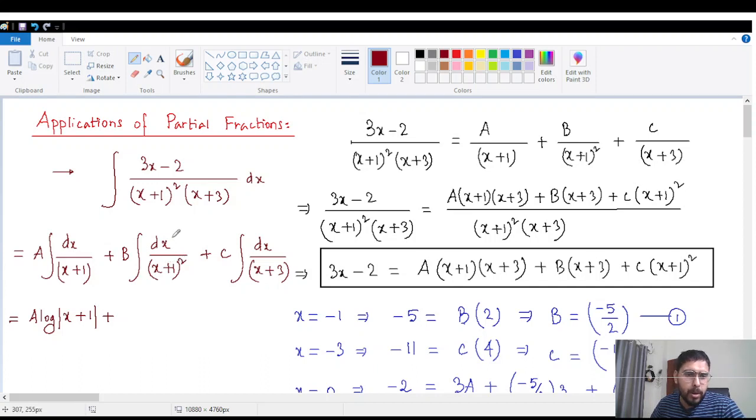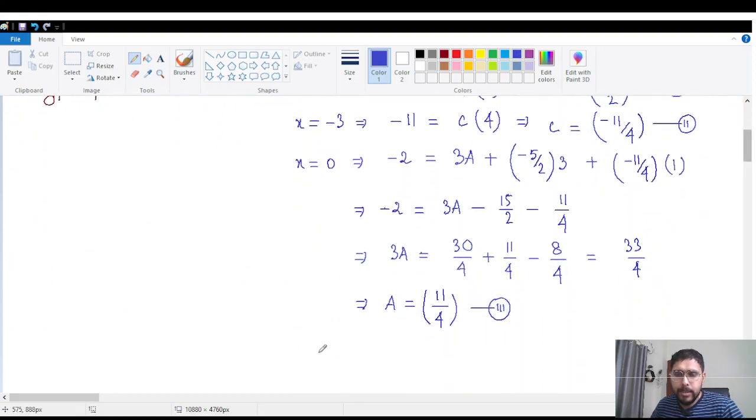So if you put it on the top, it will be to the power of -2, which is in the format of integration of x to the power of n dx. Integration of x to the power of n dx is given as x to the power of n plus 1 over n plus 1. This is the formula, plus c. So if I apply this particular formula,